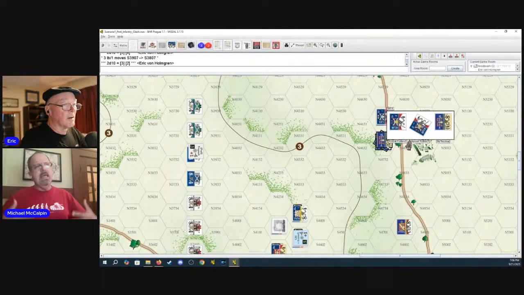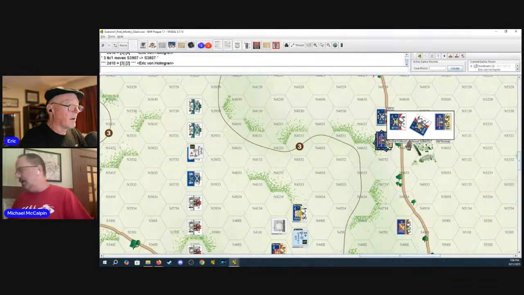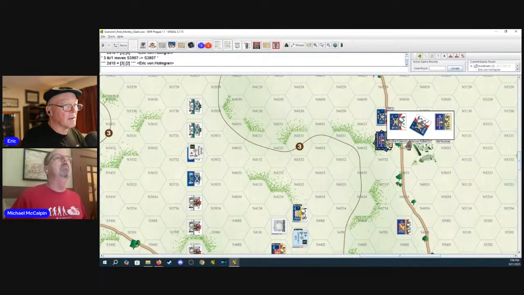All the units in a hex have to have the same facing at the end of their movement. So right now, obviously, they're not in the same facing. So one of those two has to leave the hex. And don't you worry, I'm going to anyway. But I've spent 1 movement point, now 2, now 3, now 4,